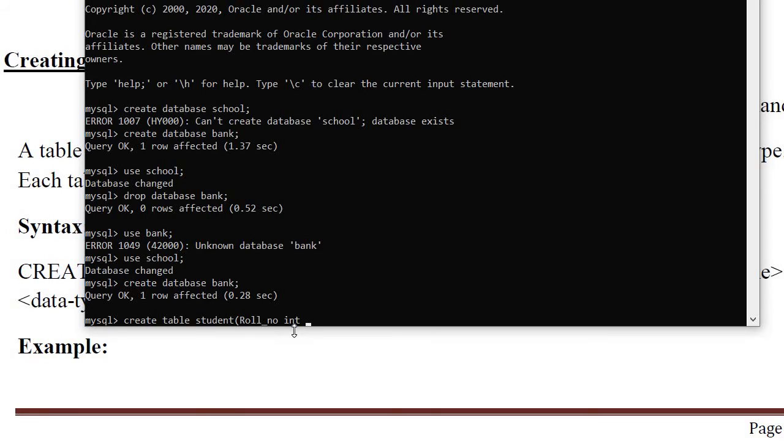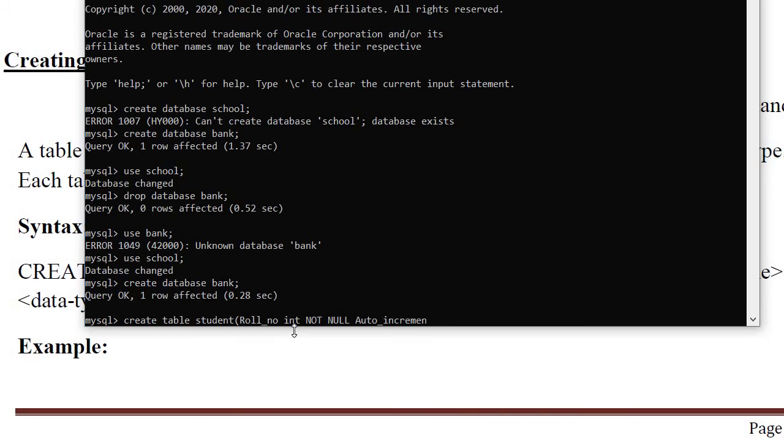So for that I will write not null. Now after that, I don't want to enter the value of roll number manually. I want the system to increment the value automatically, so I will write auto increment.